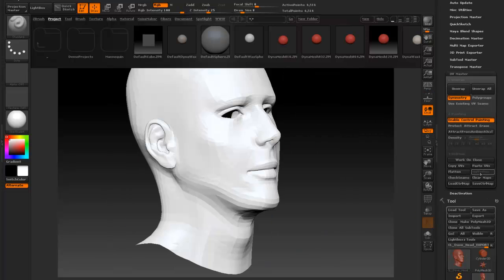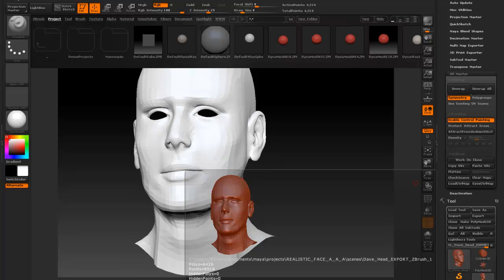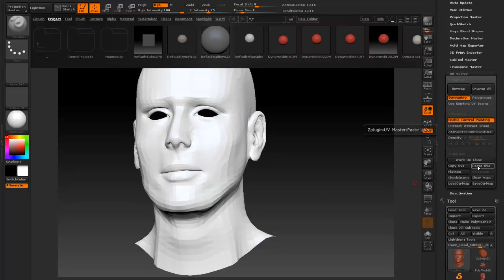I'm going to unflatten, bring it back, and because the map is on the actual object, the clone, we've got to copy UVs. We have to go down here and double click this guy right here. That's our original. Double click on it, and then paste UVs. Okay? So now we're going to